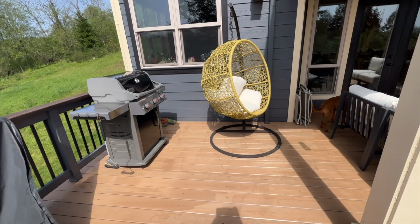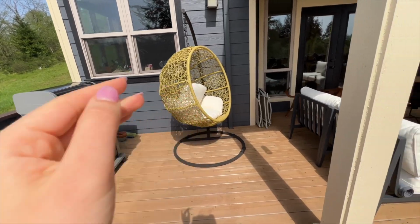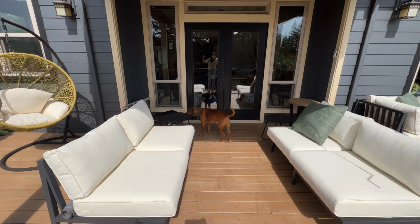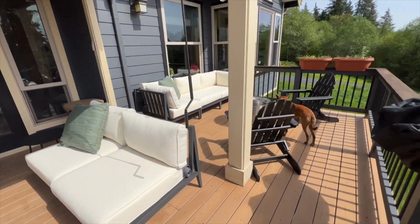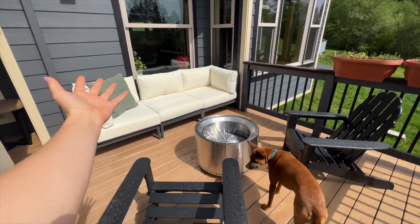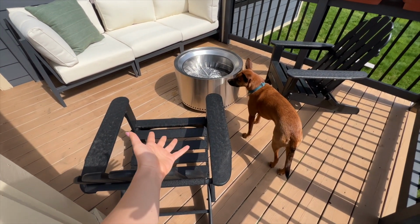So this section is the least complete. We've got our grill and a swinging chair that's fun for hanging out. And then in this area, we have our covered conversation area. And then moving over here, we have our fire pit, which I uncovered to show you, plus the rest of the outer sectional that I ordered, and some chairs, and